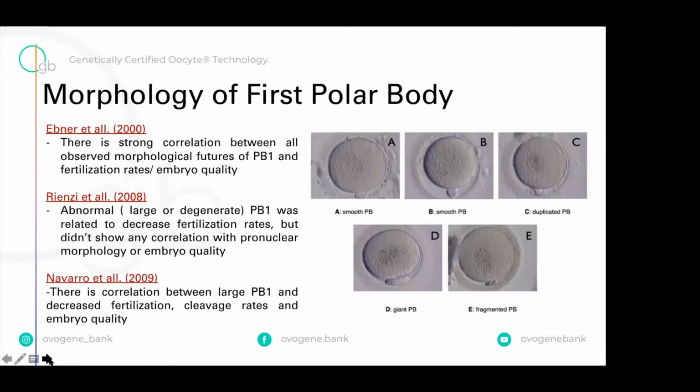As you know, the first polar body is directly related to the euploid or aneuploid rate of the oocyte. From this target, as the OVOGENE scientific team, we developed genetically certified oocytes. So after the denudation, when we get the morphological assessment,